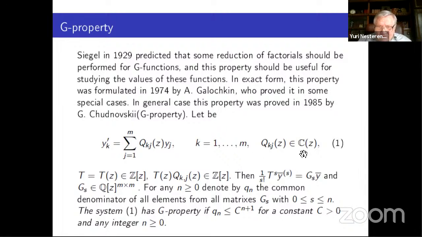So in fact, rational functions should have rational coefficients. Then if we compute the derivative of this vector as the derivative multiplied by t to the s and divided by s factorial, we derive some matrix with polynomial coefficients,